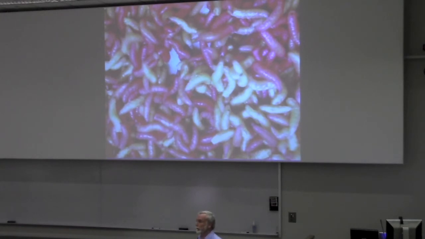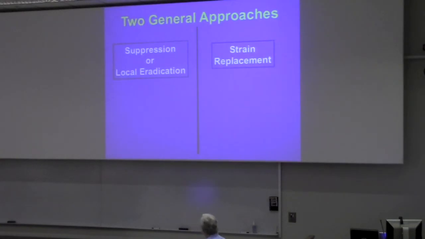It does work, but it's a lot less efficient. So this kind of technique would enable you to just be releasing the males. And this is just a preliminary thing about what can be done later with the transgenics in terms of improving this efficiency. All right, so I said there were 2 kinds of general approaches, and we talked about the suppression,